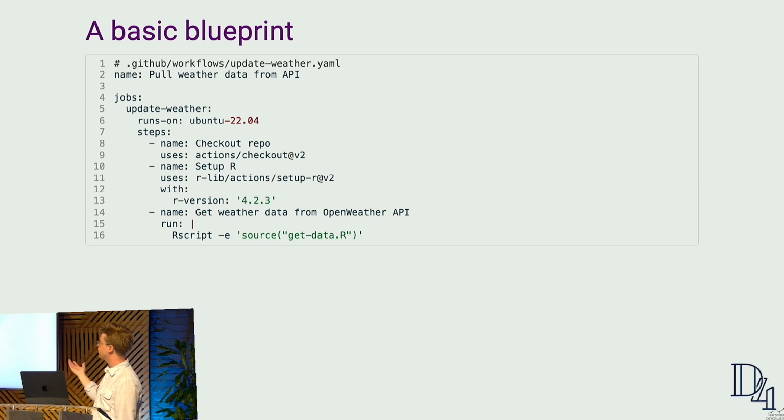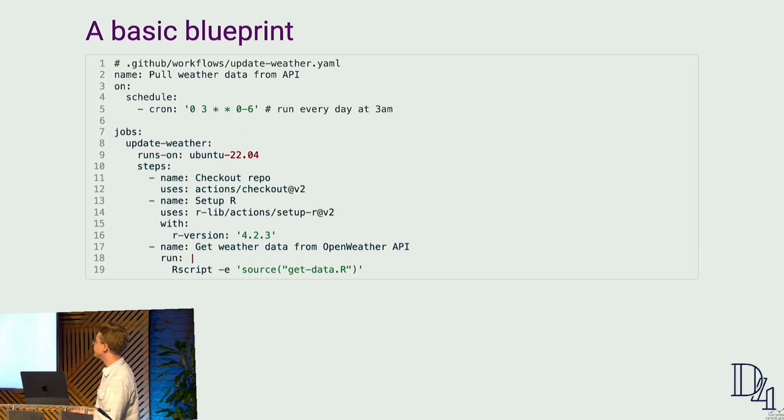We have our machine, it executed it, but it's not really helping us because it's not scheduled. GitHub Actions makes this really easy to schedule. Here we have cron syntax, so it may look funny if you're not familiar with it, but all it's saying is run every day at 3 a.m. And that's basically it. This is 19, 18, maybe less with comment lines of code, very, very simple, very straightforward.